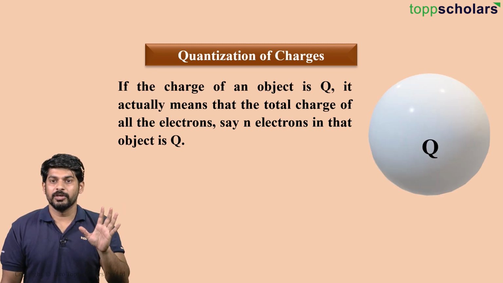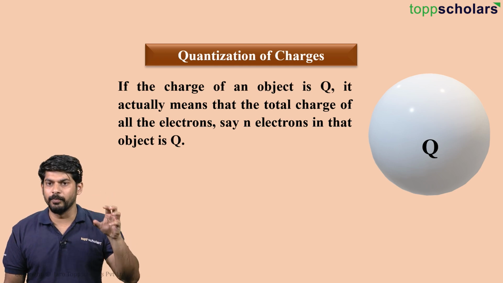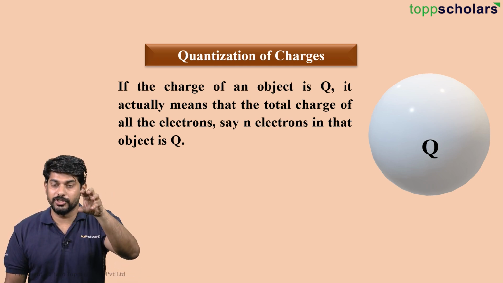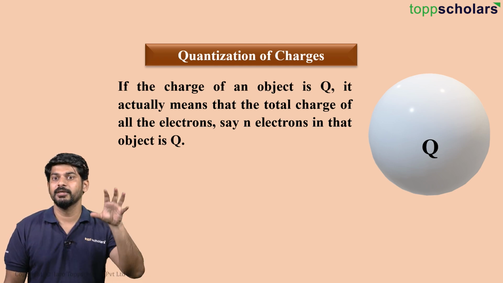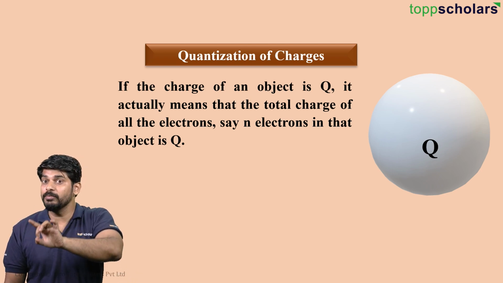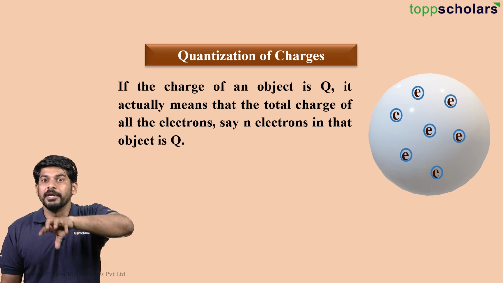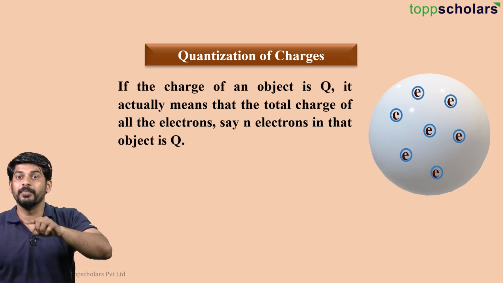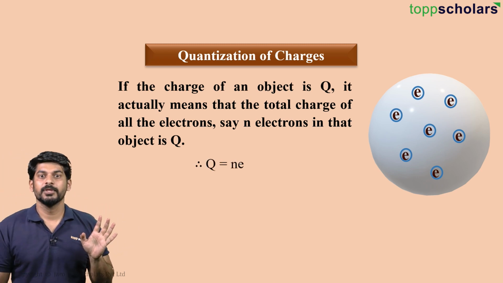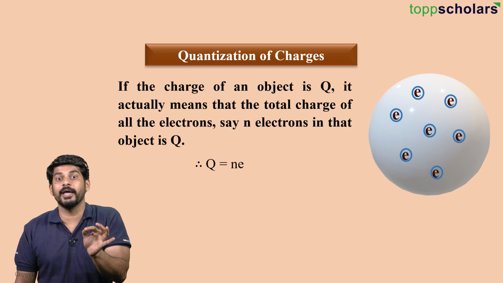For example, if you have this simple ball on which some charge Q is accumulated, this Q is nothing but some multiple of the basic electronic charge, isn't it? So we can say Q is equal to n times